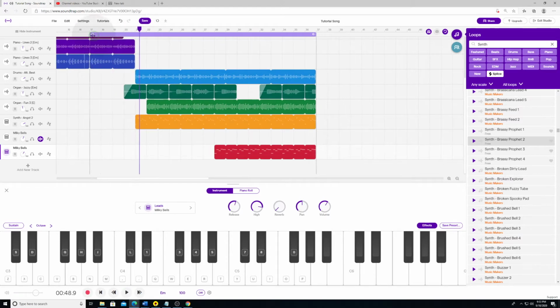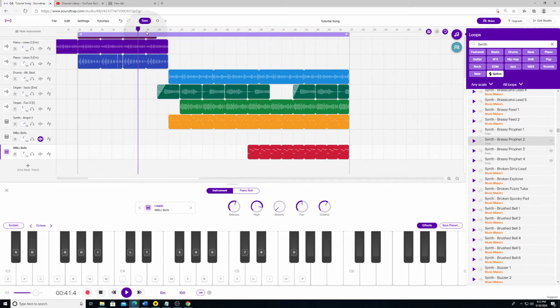Oh, let's loop it back just a bit more. So that's enough change here. We don't need to also add another lead instrument to it. But then when you get to this point,